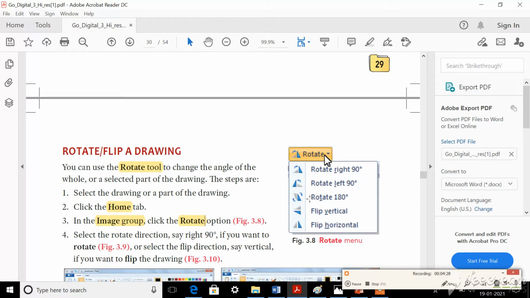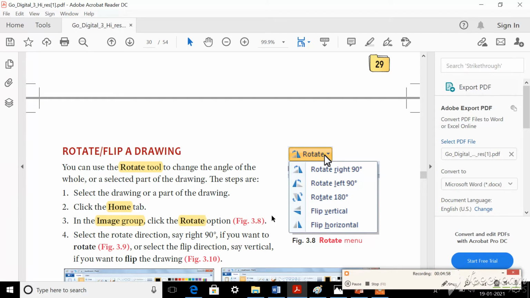Can you see this, dear children? Can you see this Rotate menu, Figure 3.8? This is how it will be displayed if you click on the Rotate menu. You can choose either rotate right 90 degrees, left 90 degrees, or 180 degrees. If you click on Flip Vertical or Flip Horizontal you will get a mirror image.